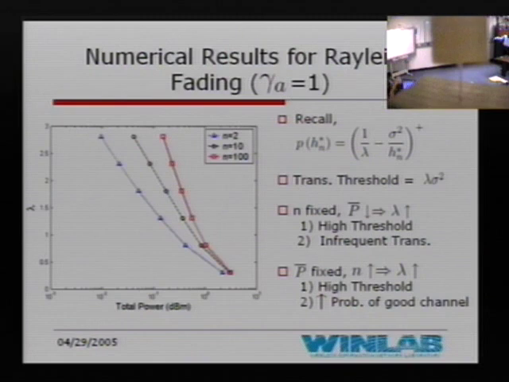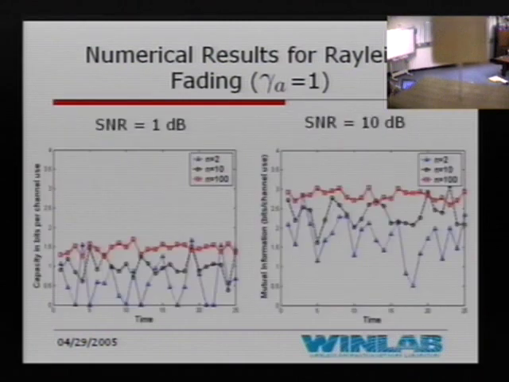The other way to look at it is, suppose I fix my overall power, and now I increase my n. That is, I go from this blue curve to this red curve. Then again I see that the lambda is increased, which means the transmission threshold has been increased, which means transmission is again taking place at higher values of channels. And the interpretation now is, since I have taken more subcarriers, there is a higher probability of getting a better channel, because I'm considering more subcarriers. So these are the 2 messages. And again we have the numerical results for fading for Rayleigh.